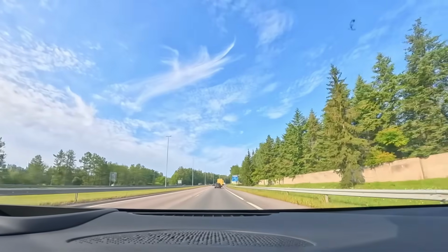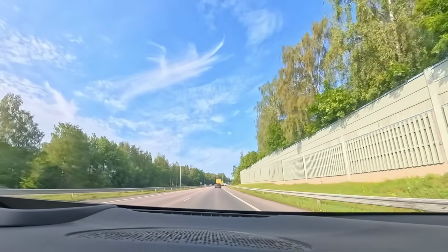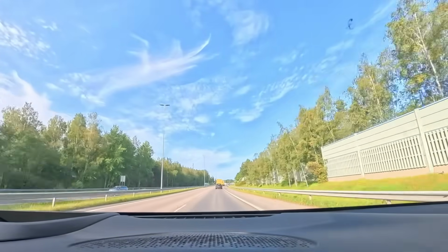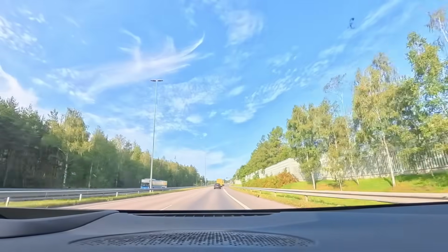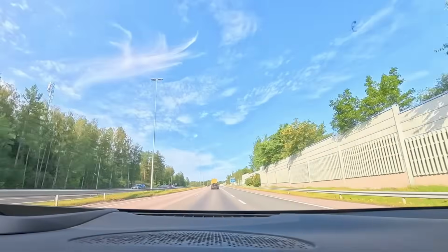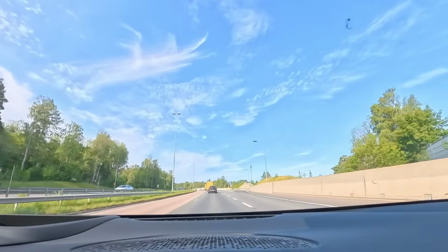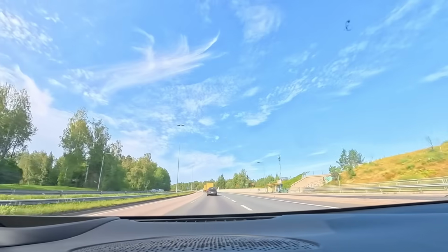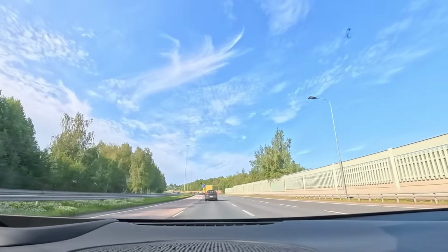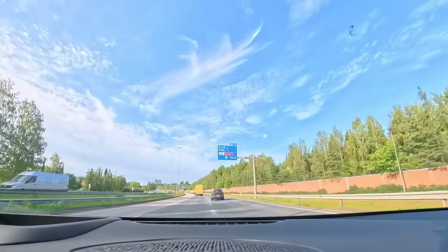But of course, in good summer conditions, it should be able to reach decent consumption, and I think 20 kilowatt hours per 100 kilometers is a pretty good benchmark. And of course, this route is 106 kilometers one way, we are going to do that one way and come back. Total will be 212, but actually the one way is close to 100 kilometers, so in absolute terms the expectation for the consumption could be 21 kilowatt hours. And doing a quick calculation, that is pretty much